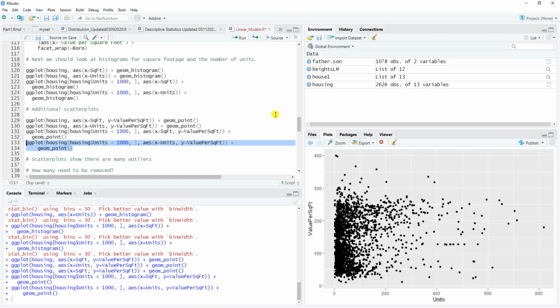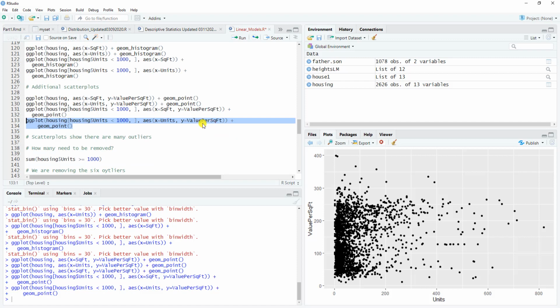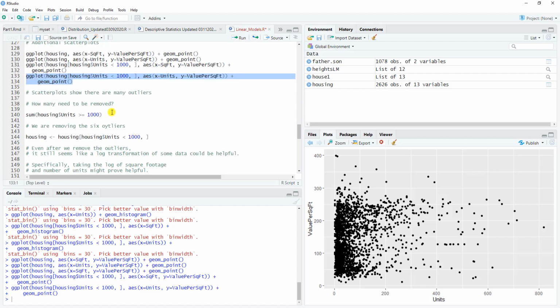So we saw two things. We saw that some variables are related in a non-linear fashion. We also see there are some outliers. So how can we deal with outliers? Well, what we can do is count them. How many